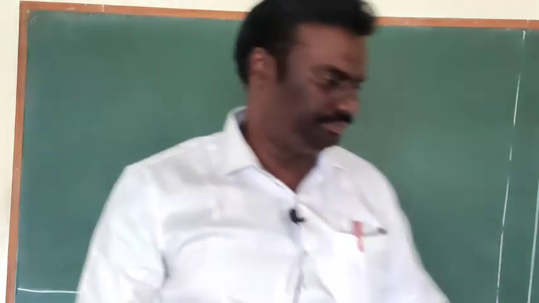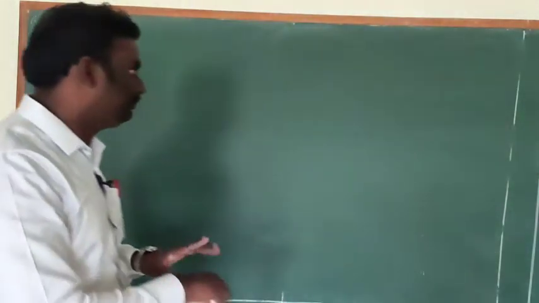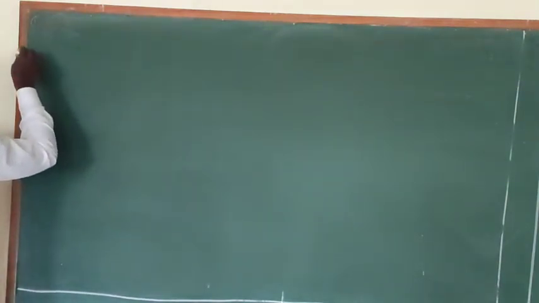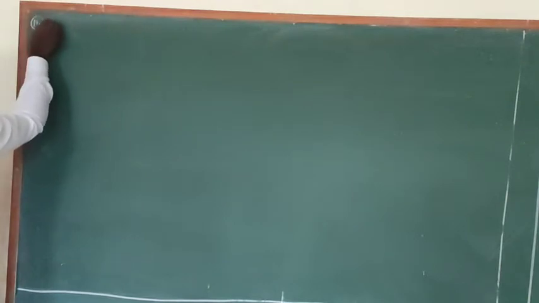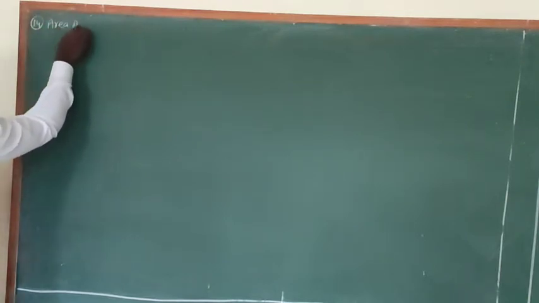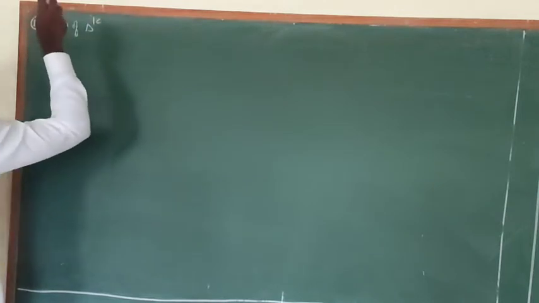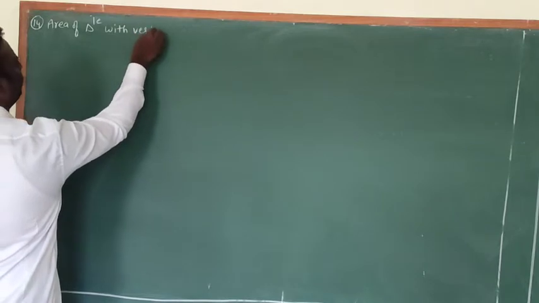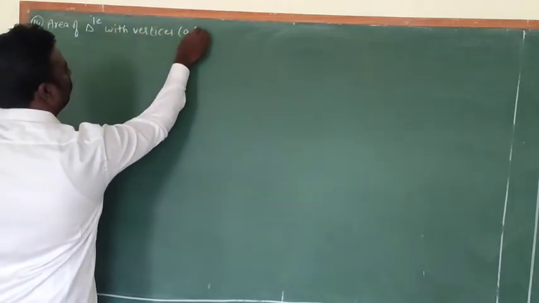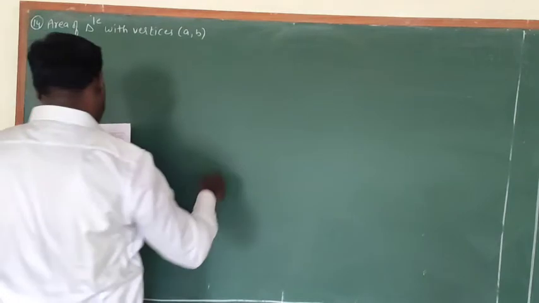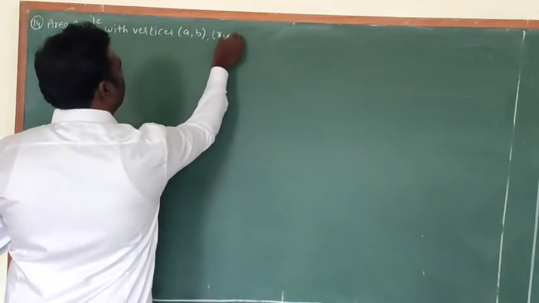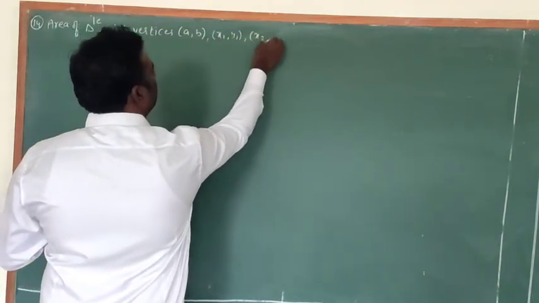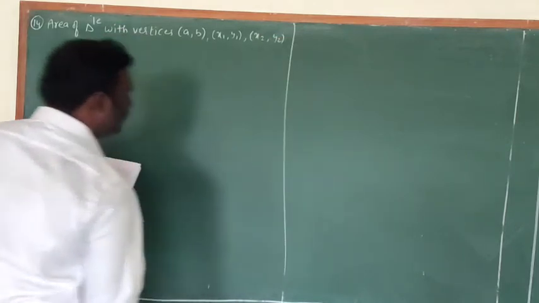Next, 14th question. Area of triangle with vertices A comma B, x1 y1, x2 y2,